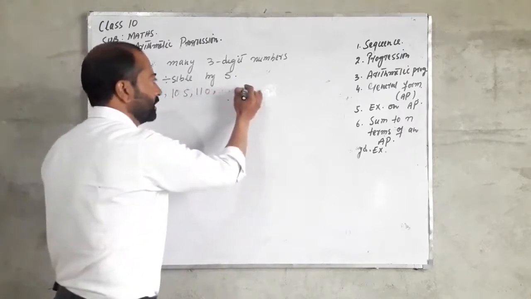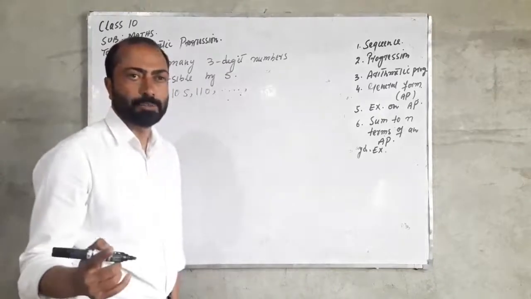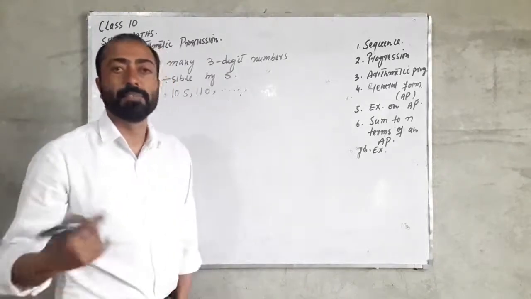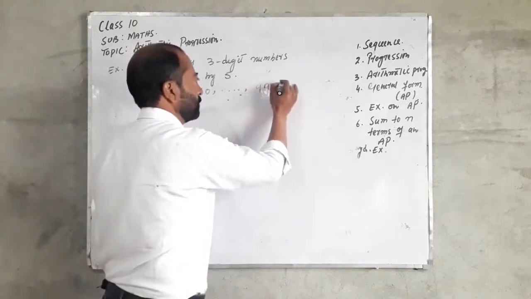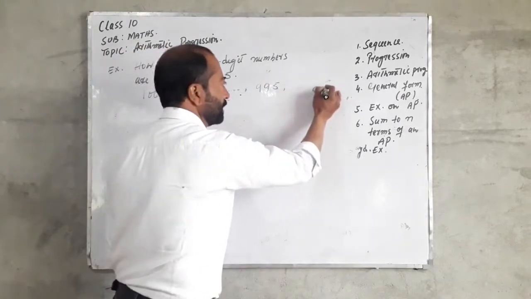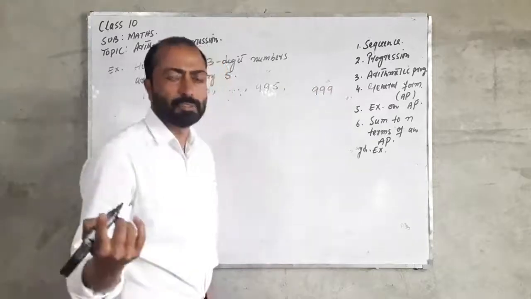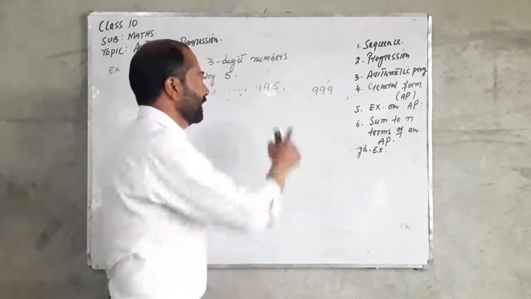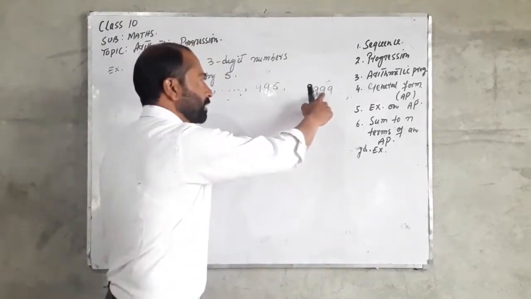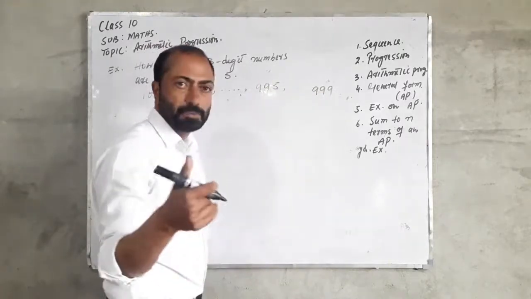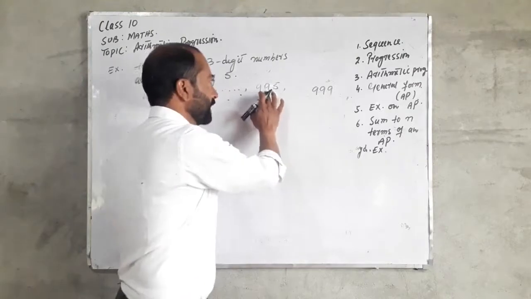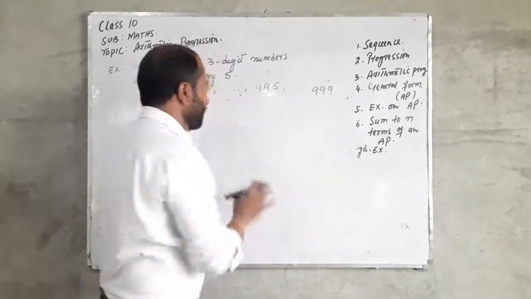And the last 3-digit number which is divisible by 5 is 995. The last 3-digit number is 999, which is not divisible by 5. That is the reason I have not written this 999 here. The last 3-digit number which is divisible by 5 is 995. Clearly,